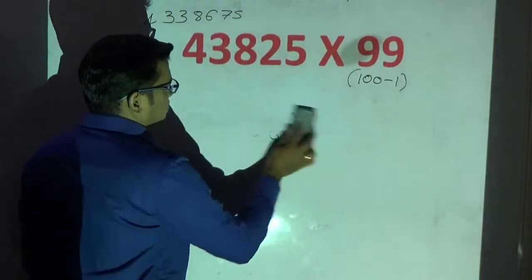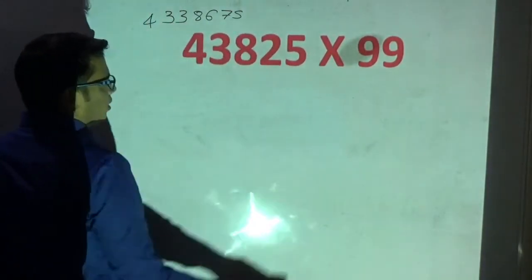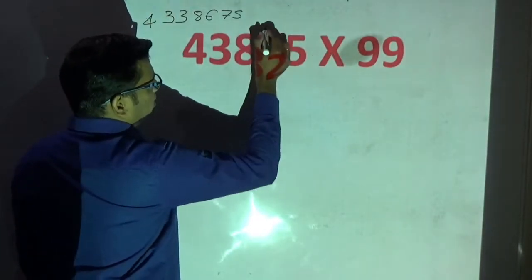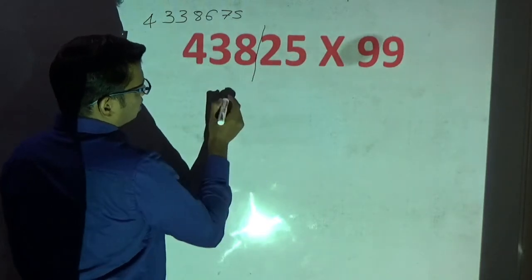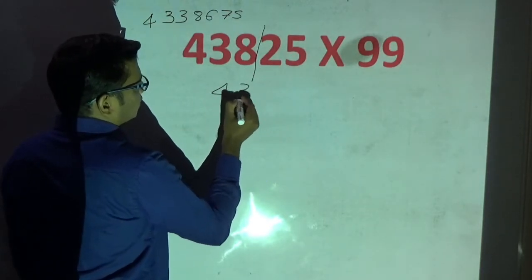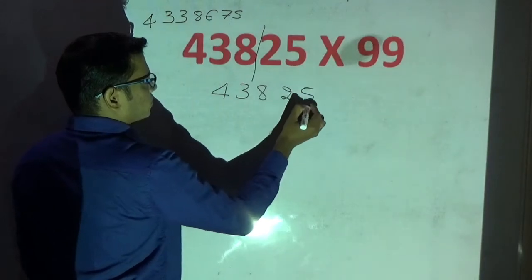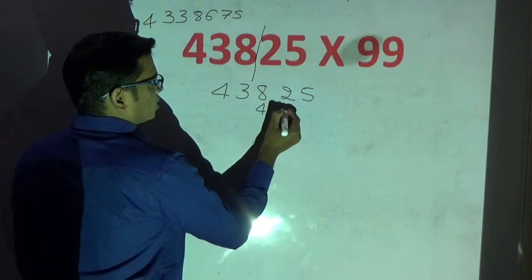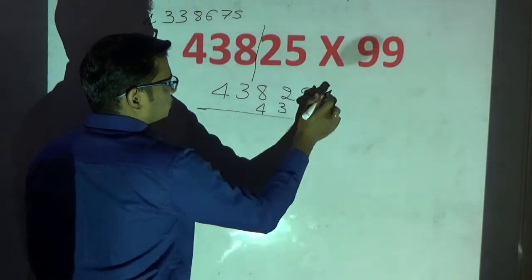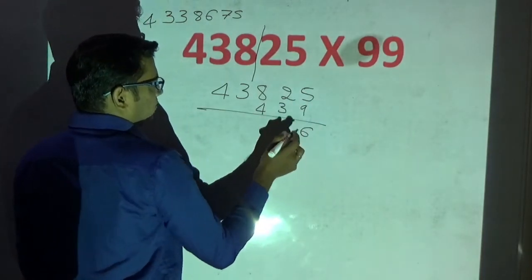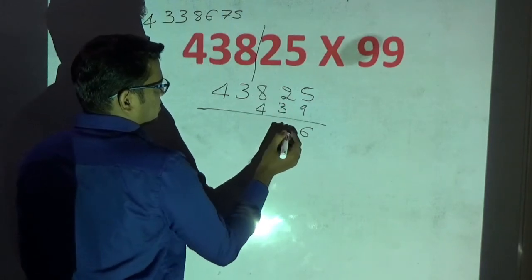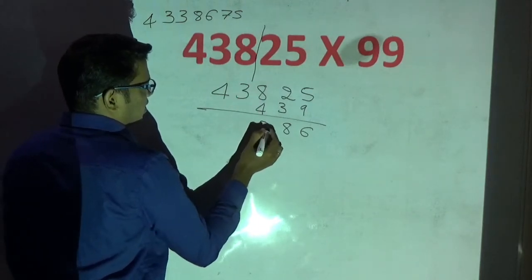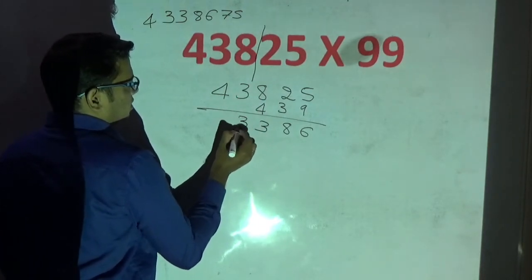Hope you have understood this. Okay, I will apply the second method now. Now please observe carefully. How many 9s are there? 2 nines are there. Therefore you split 2 digits from your right. Okay, first you write all the digits as it is. 43825. Okay, now 438 you increase by 1, it will become what? 439. Then you subtract. 15 minus 9 is 6. Okay, this is 11. 11 minus 3 is 8. This is 7. 7 minus 3. 7 minus 4 is 3. This is 3. This is 4.